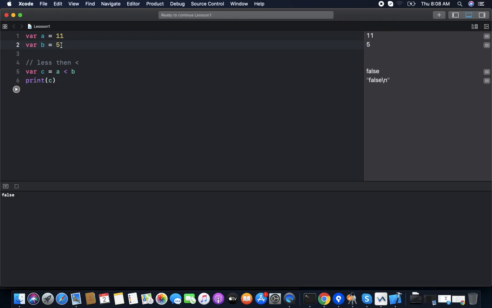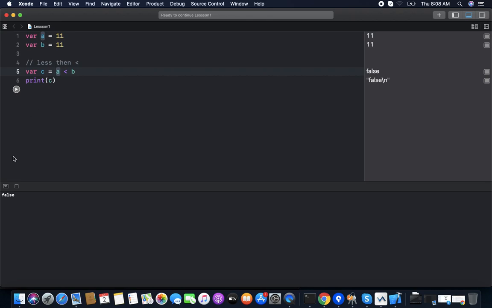But if we make both 11, what is the condition in less than? The values are not less, a is not less than b. They are the same, so it returns false.